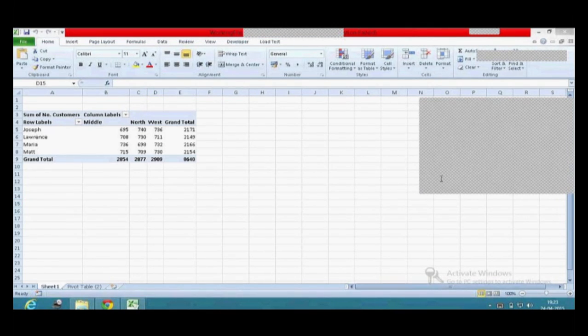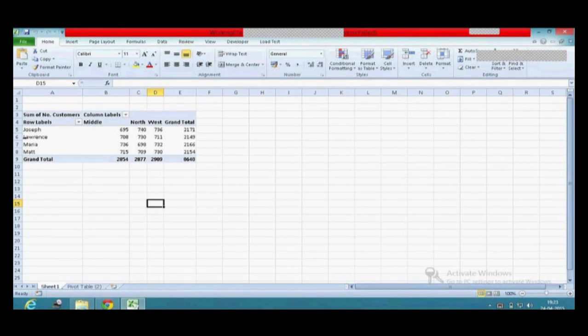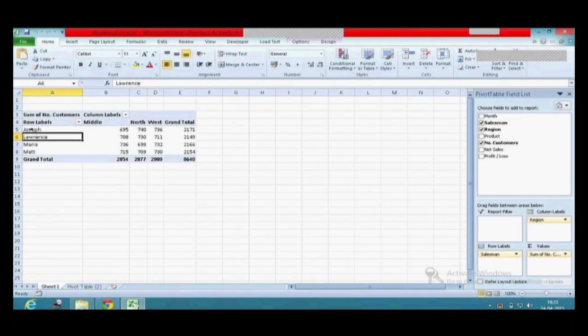So this is the basic. Now we will continue to increase the number of row labels. So I'm going to say I want the products also. So I want salesman wise, product wise, region wise, number of customers. How do I do it? Now I have my product option here. So my chances are I can move the product to the column label.